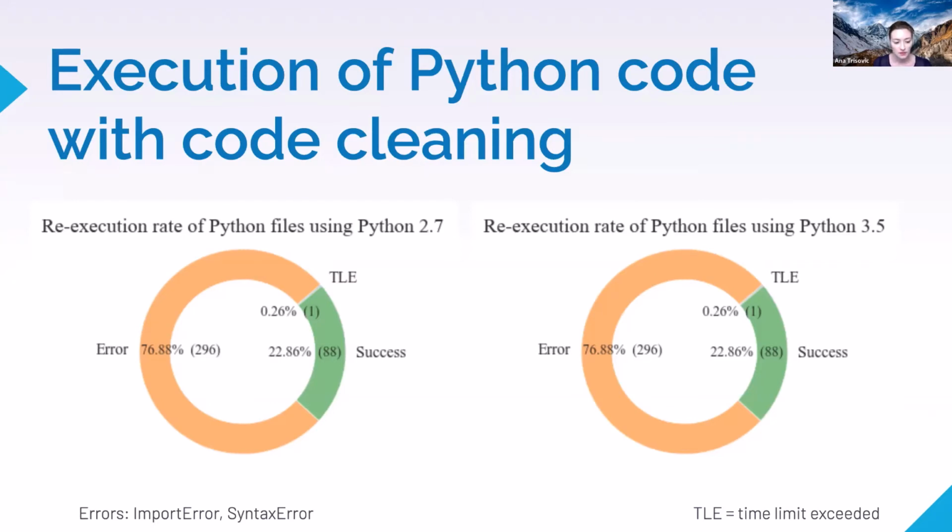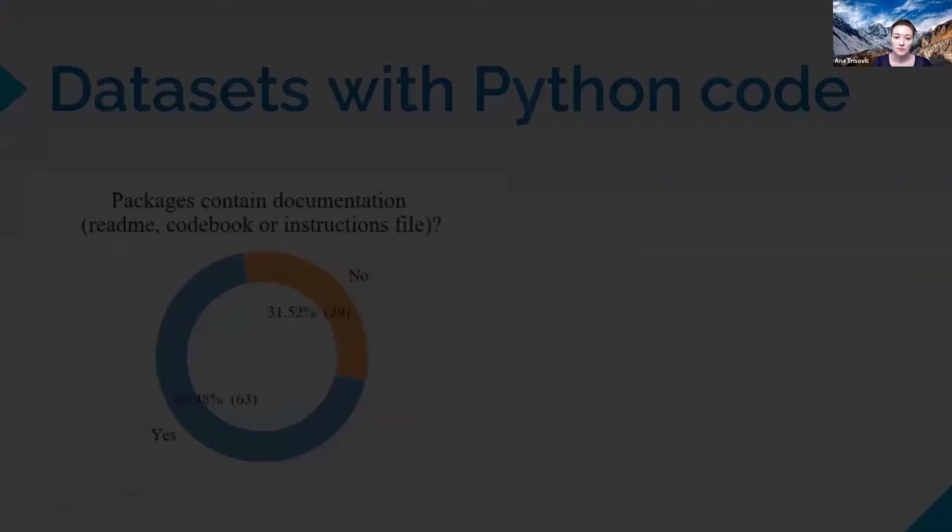And the most common errors that we see are import errors, again signaling that there is a difference between Python 2.7 and 3.5, and syntax errors. It is really interesting to see, and of course very much expected, how Python 3.5 is complaining about the print function that is looking for brackets. So that is the type of mistakes that we were looking at in both of these environments.